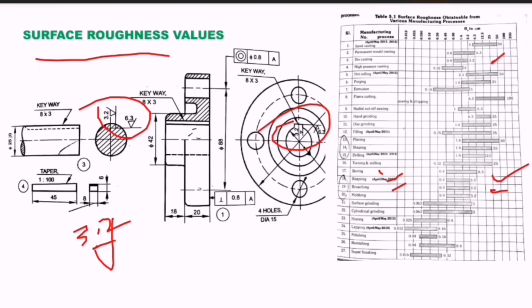Whatever operations we are doing to produce that particular object, we should go with the same surface roughness values. That's why mugging up this table is very important. Every student should mug up this table and remember these values always. Wherever this symbol is used, above that symbol we should indicate this number. This is the way of indicating surface roughness values in the production drawing of any figure. Particularly today we are watching about the flange coupling production drawing.